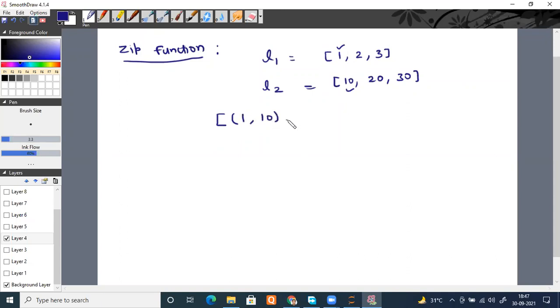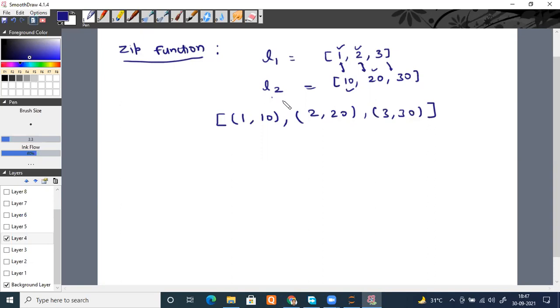Then the next tuple, a combination of the second elements. Remember the sequence I'm talking about. It will do it that way only: first with first, second with second, creating a tuple, and third with third. Please, somebody is unmuted, please mute yourself. Even though I'm mentioning only 2 lists, you can have 3 as well.